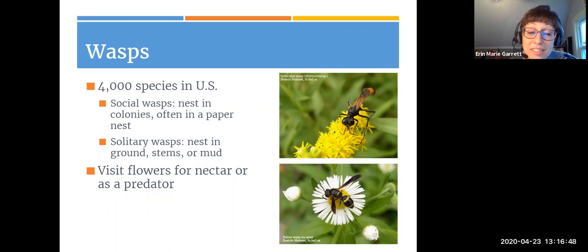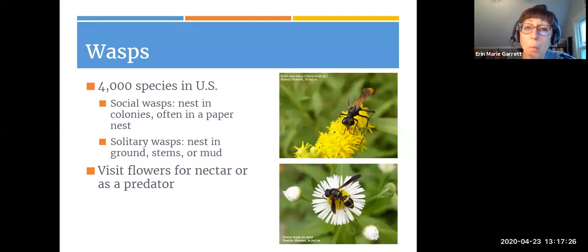Okay, so we have social wasps. These are typically the ones that we don't really want around our yards. We're not too excited to have them there. Those are the ones that are going to nest in a paper nest, be in a colony. They can get aggressive if they're provoked, okay? But there is a whole other group of wasps that are solitary wasps, and they're docile, and they're going to nest in the ground or in a stem or in mud, okay? So again, kind of shifting our perspective to consider that it's not just all those yellow jackets that we don't want to have around. There are other docile wasps that would not be a problem to have in our garden,